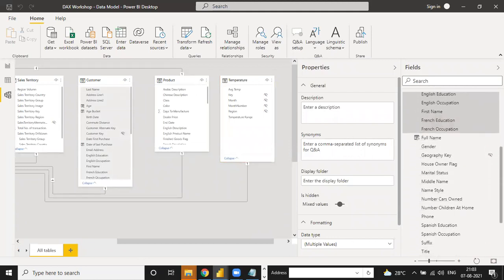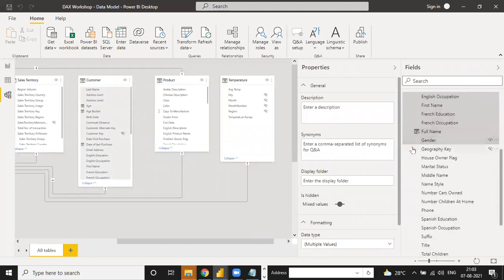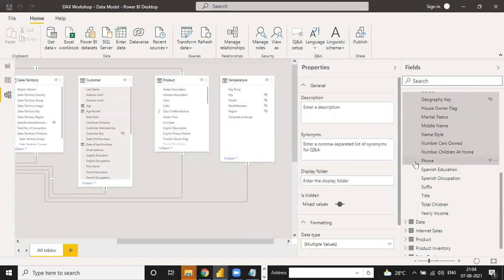Select all the tables and go to display folder and write here: Column table.